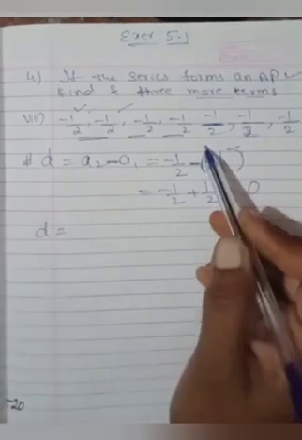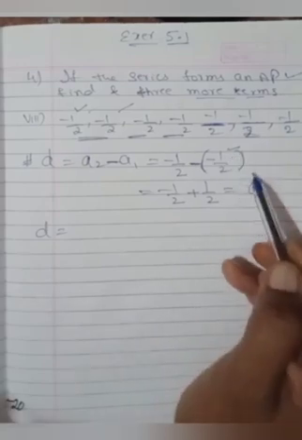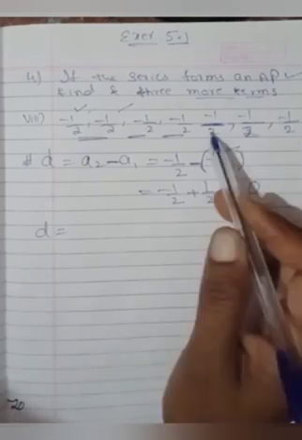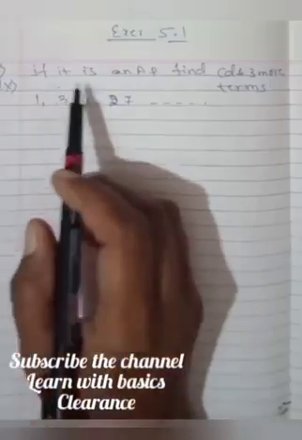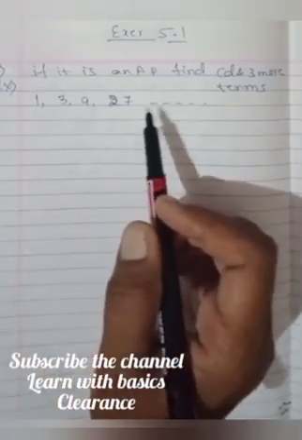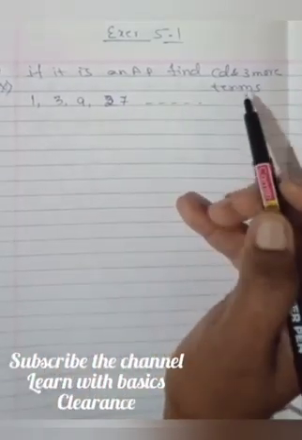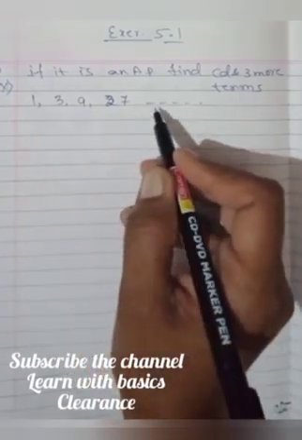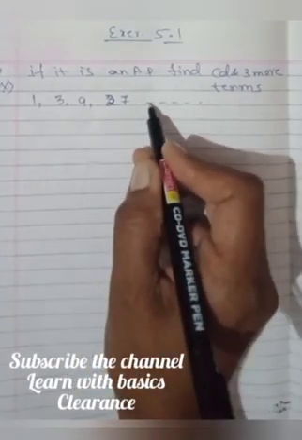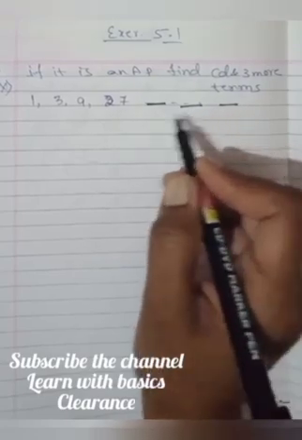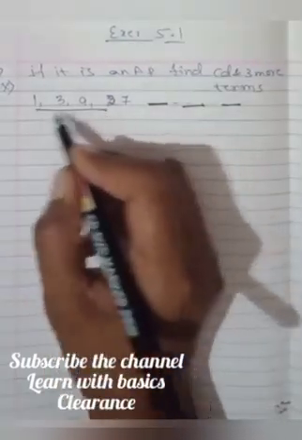Next three terms you can write directly, because you are adding 0 to the previous term. You get the same. If this series forms an AP, in that case, find the common difference and three more terms. It means you are given the terms, and if it forms an AP, then you are finding 1, 2, 3 more terms. Okay. So for this one, how to check whether it is an AP?